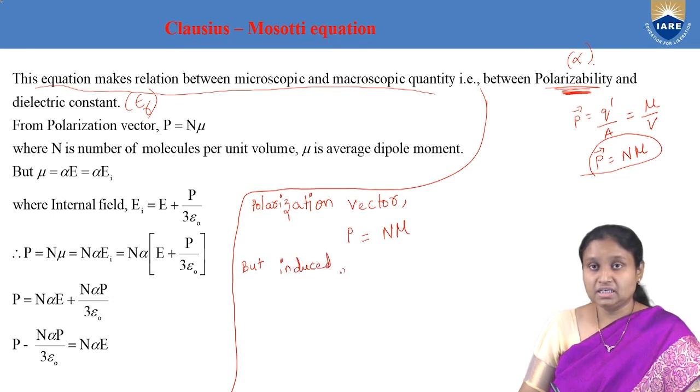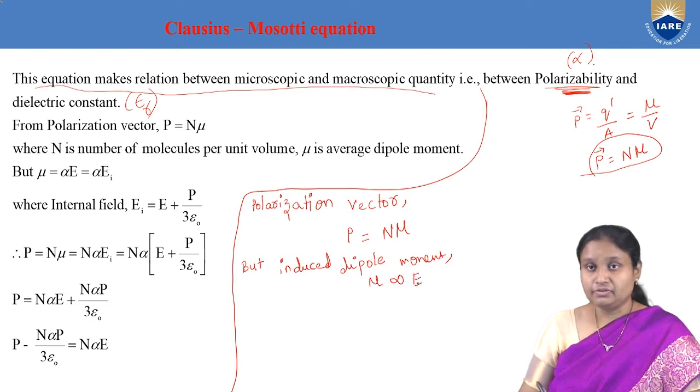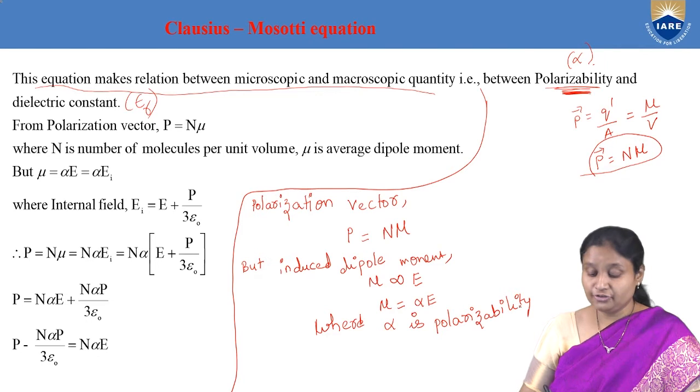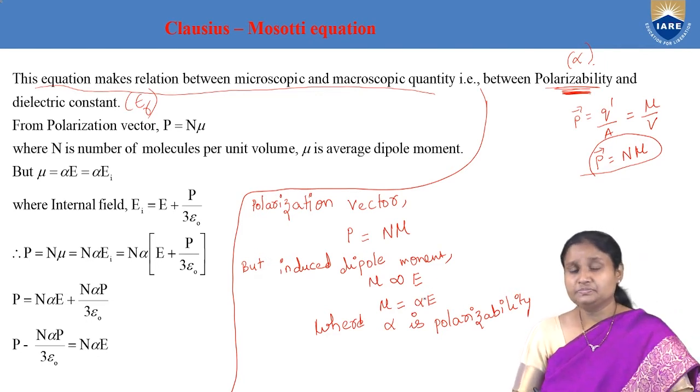So if we take the induced dipole moment mu, we know that it is proportional to the strength of the electric field. And if we remove this proportionality sign, then mu is taken as alpha E, where alpha is polarizability. Right? Now, what we are going to do here is, instead of E,